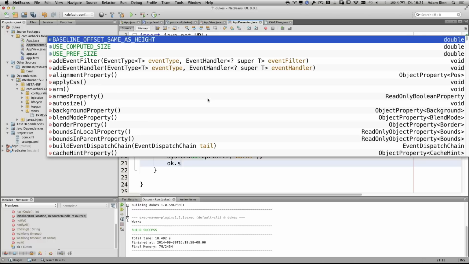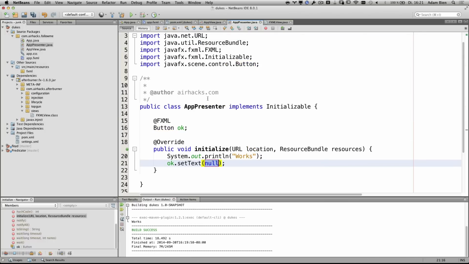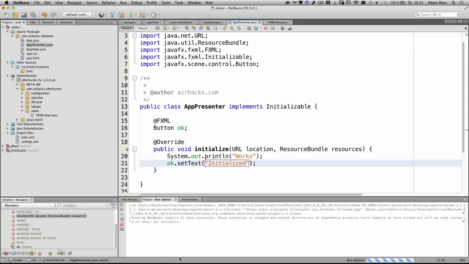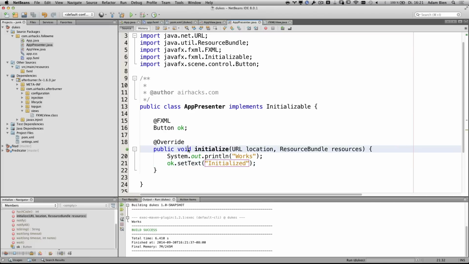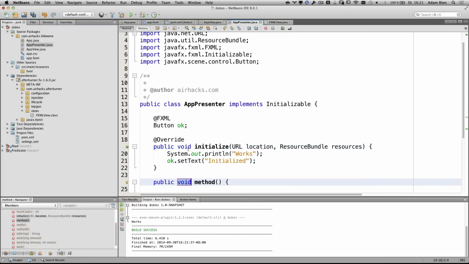So, OK, I don't know, setText, initialized. So just restart this, initialized. Works, OK? Now, save is public.